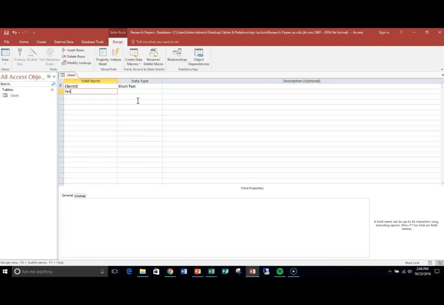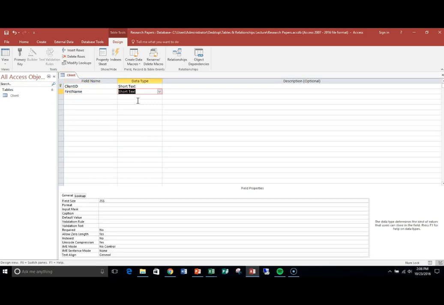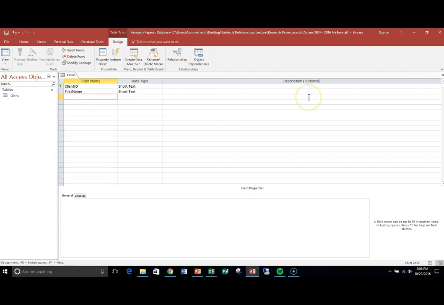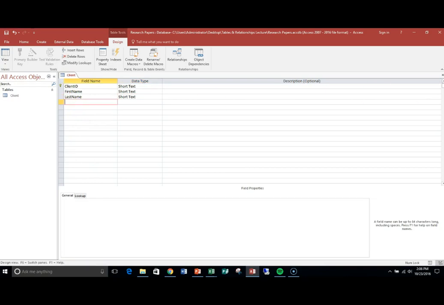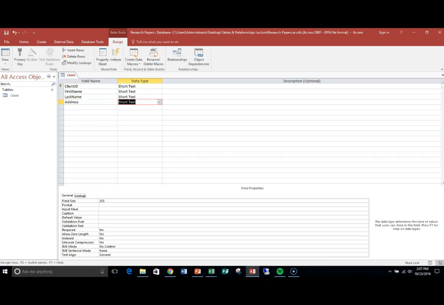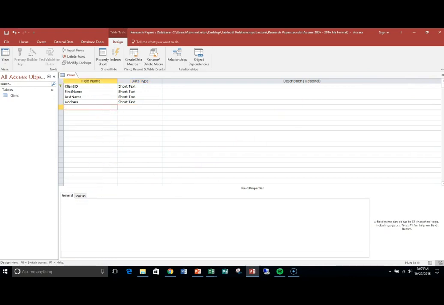I want a first name field, short text, 25. I want a last name field, short text of 50. I want an address field, short text of 60. I want a state field,